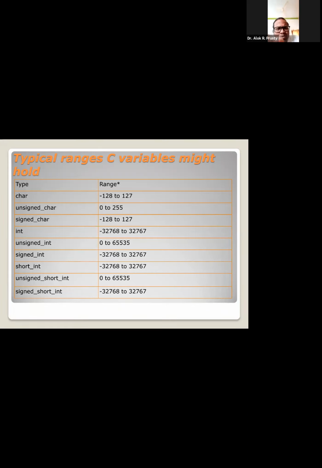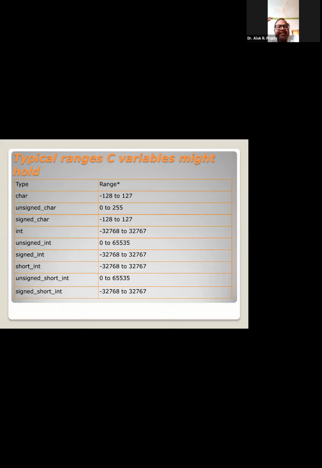Here, the range I have taken is related to the 16-bit machine. In a 16-bit machine, character is 1 byte. Then your integer is 2 bytes, because it is a 16-bit machine. 1 byte is 8 bit, and 16 bit means 2 bytes. That means to store an integer number, your system allocates a maximum of 16 bits of memory for the particular variable whose name you have given, because a variable is nothing but a named memory location. So this is all about that.